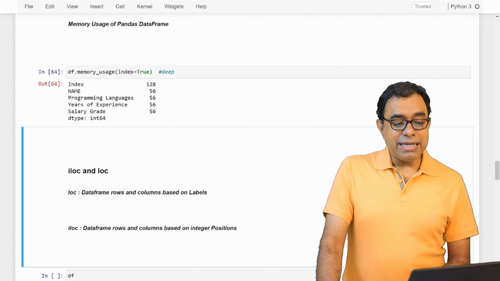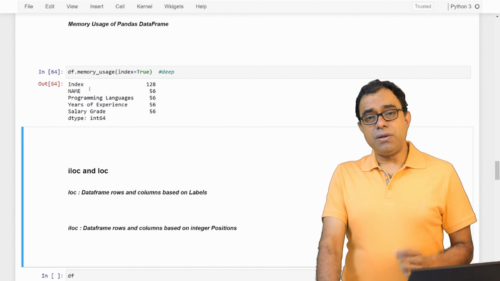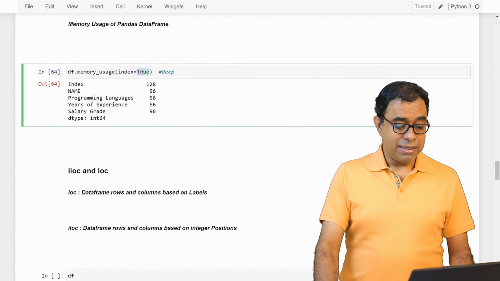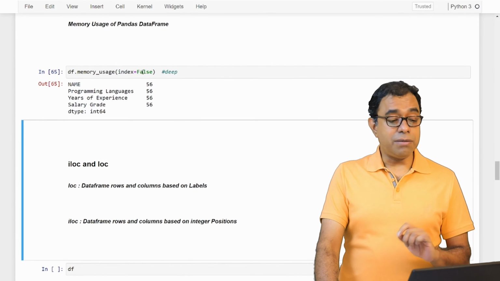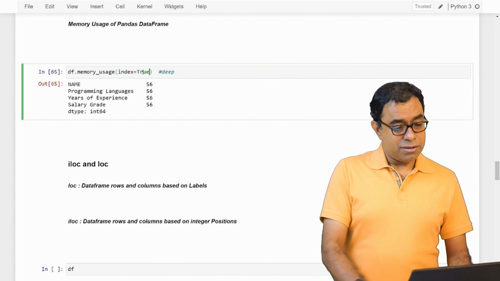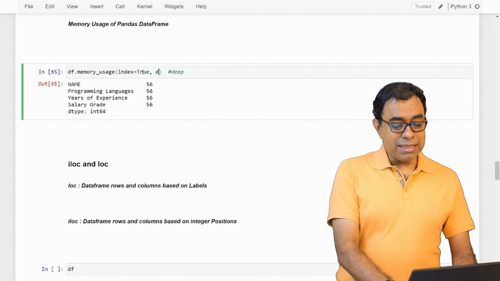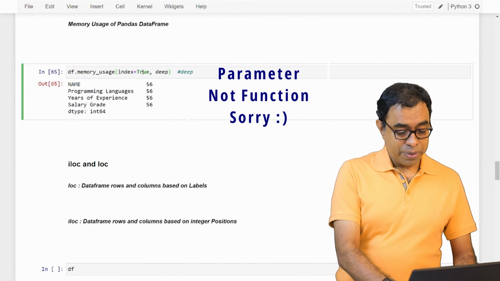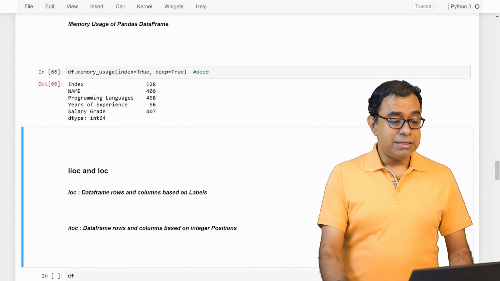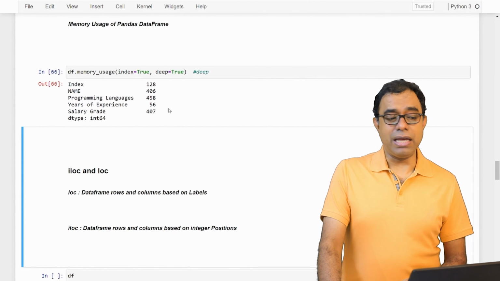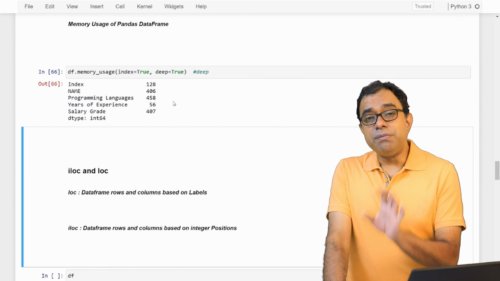If we pass index equal to true, it will also include the memory of the index, and if we say false, it will not include the memory usage of the indexes. So it should be true. And there is another parameter called deep, which is by default false, and if we mark it as true, see, all the numbers change. Okay, so this is the bare minimum memory usage.